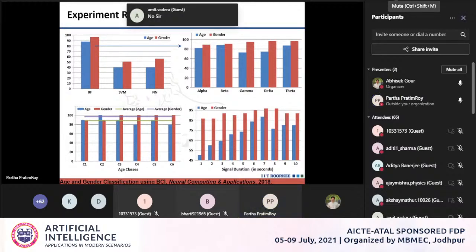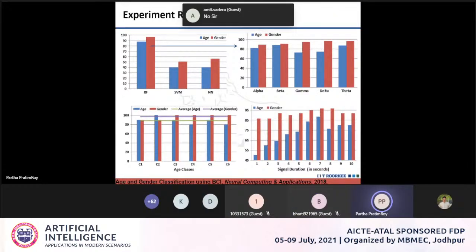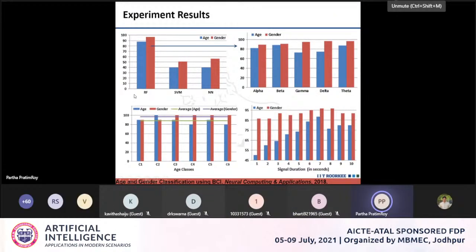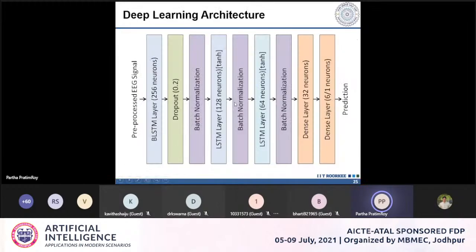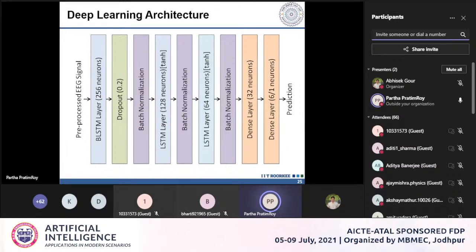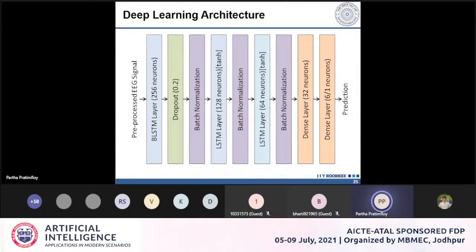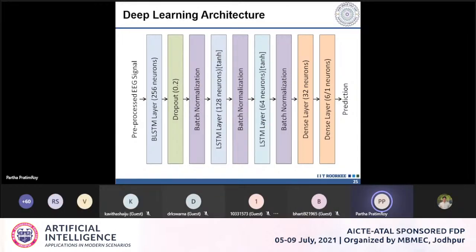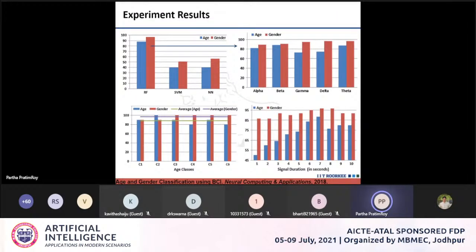Okay, thank you. Now we have seen these traditional machine learning paradigms like random forest, support vector machines, and neural networks. Now we can also use the recent latest technologies like deep learning, that I was telling you about. Deep learning is now everywhere, in every machine learning application. If we use these deep learning architectures, replacing those, like random forest, then we can get better results. I will use the same application, same problem.